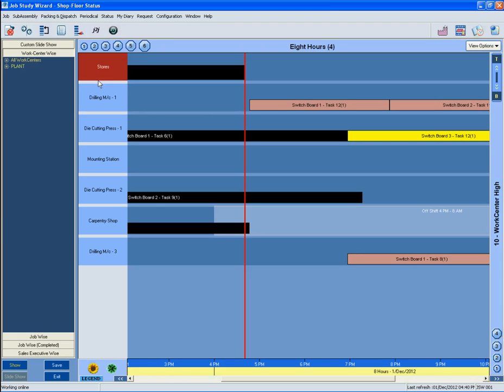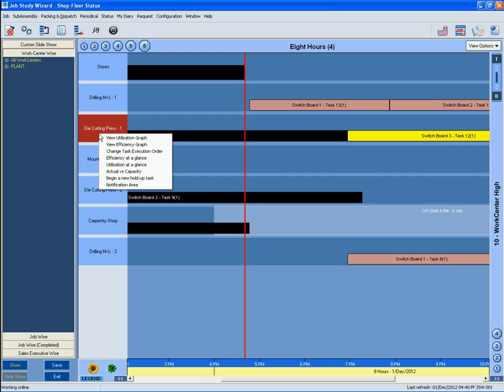In addition to above changes, if you right-click on any work center name, two new options, namely Change Task Execution Order and Begin a New Hold-up Task, become visible, increasing the total options to 8 from 6 present earlier when change mode was not active.